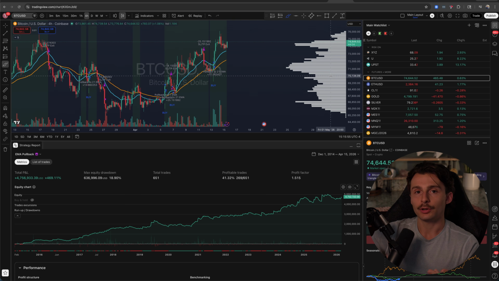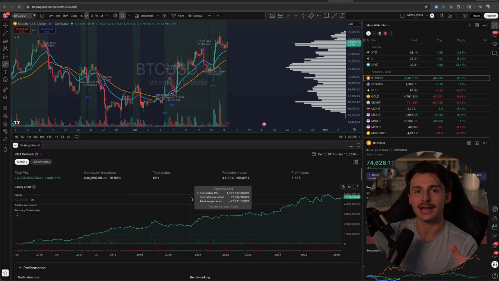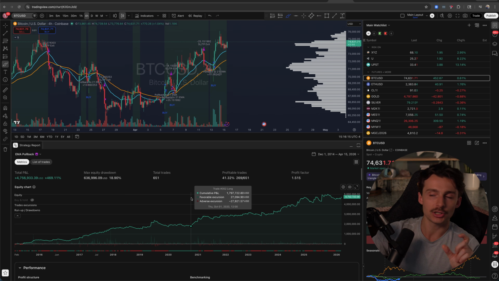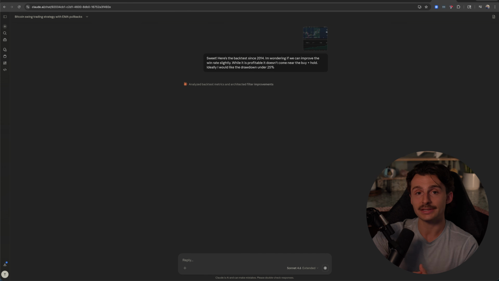Now, as you get better at looking at these backtests, you'll be able to find things like time periods and say, okay, well, the strategy seems flat from 2017 or 2018 to 2021. How can we improve that time period? And now we can start to make slight adjustments to the code and to the strategy that hopefully will improve it. So now I send that back and it's going to think about ways to optimize the strategy.